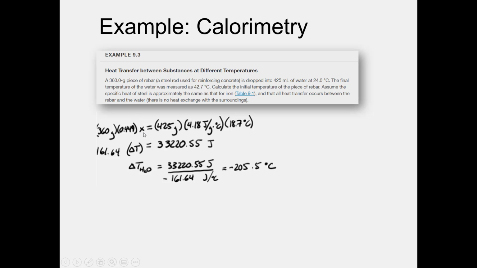We're going to let the temperature change delta T be x. This side of the equation is equal to 425 grams times the specific heat of water, 4.18 joules per gram degree Celsius, times the temperature change of the water, 18.7 degrees Celsius. The heat lost by the steel is equal to the heat gained by the water. So we have the parameters for steel on the left-hand side, the parameters for water on the right-hand side. If we evaluate the right-hand side, 425 times 4.18 times 18.7, we get that the water has gained